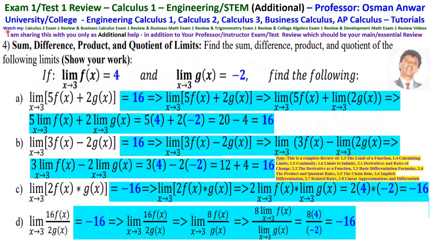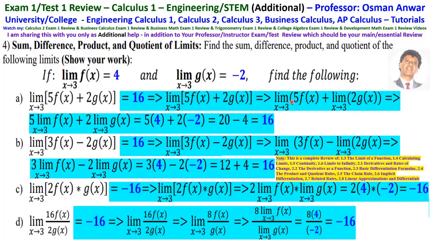Number 4 is find the sum, difference, product, and quotient of limits. If the limit as x approaches 3 of f of x is equal to 4, this is known, and the limit as x approaches 3 of g of x is minus 2, find the limit as x approaches 3 of 5f of x plus 2g of